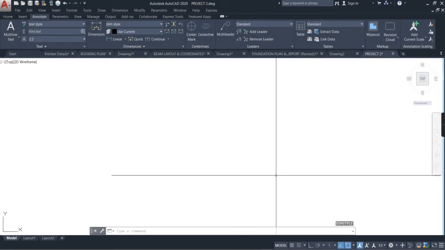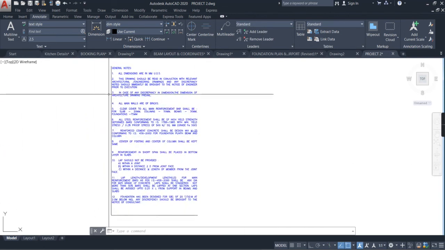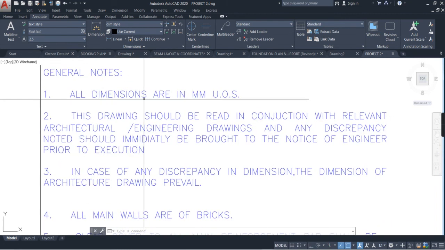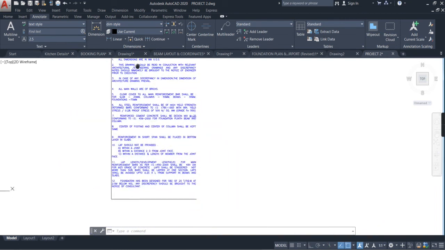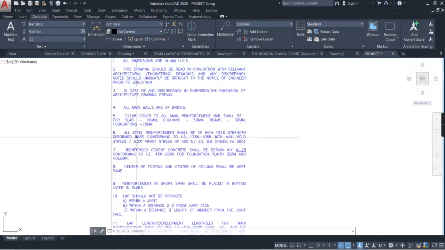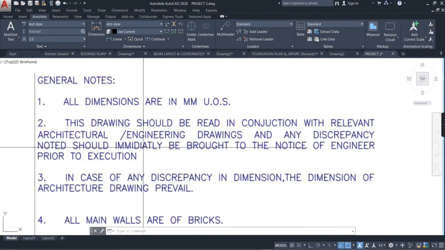So now you are all ready to go with the drawing, for making the drawing of the structure. These are the basic settings you must understand before going into that, and you should also understand all these general notes before doing this. You can make a note of it by writing it in a copy. All these 12 notes are very important if you are making it necessary. Even for a small building, we don't consider all those 12 notes.